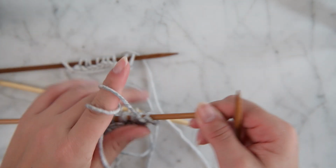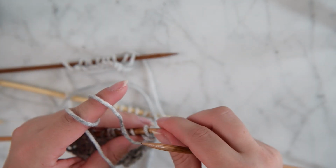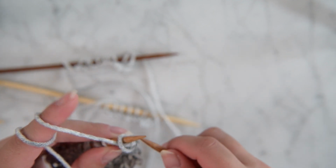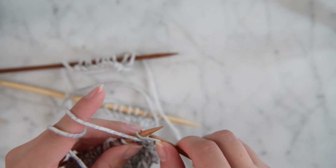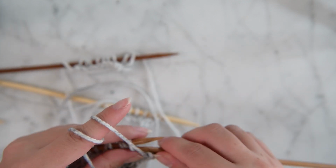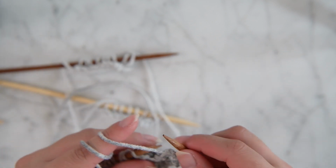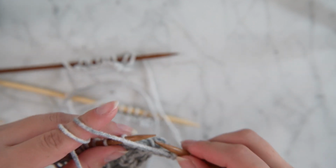going back to the ones without the nail polish. And see, this is a different kind of yarn. I'm definitely hearing a difference. Let me put this microphone up to it, see if I can. You can't see, but